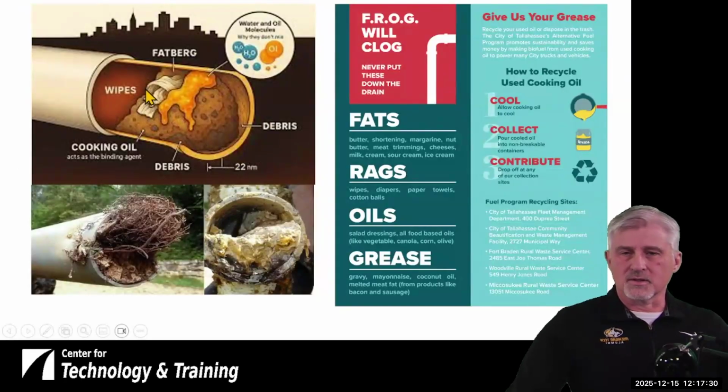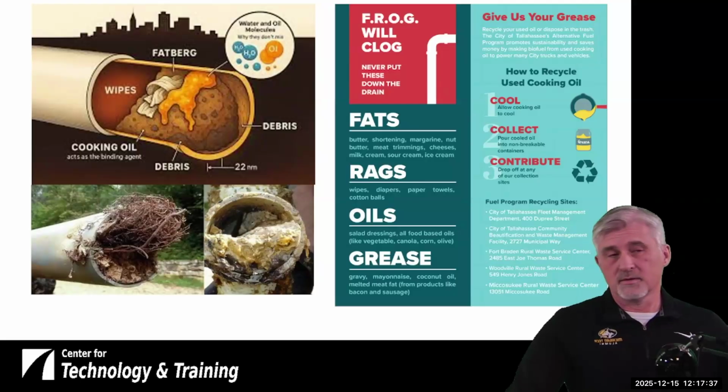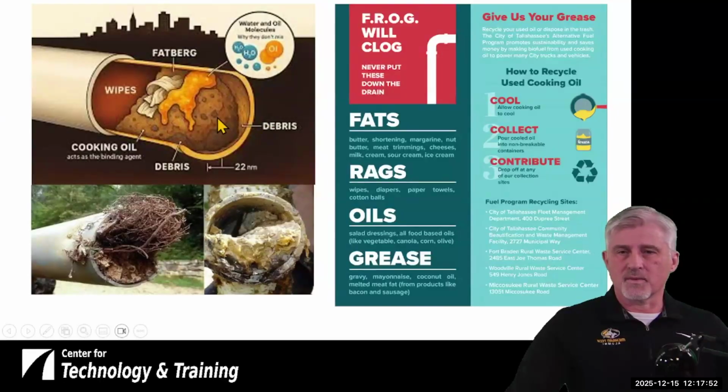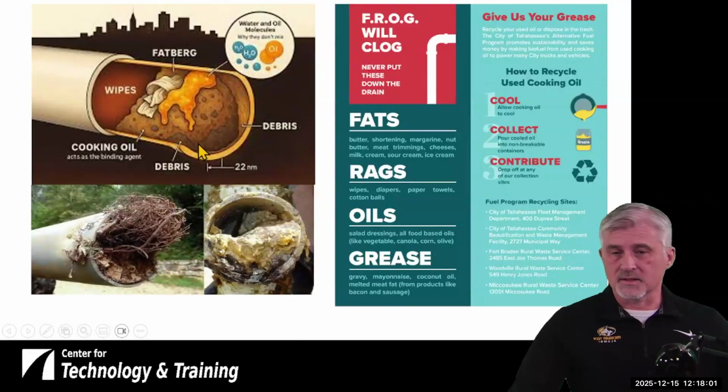I did a little searching, and I found that the largest recorded fatberg was nicknamed Fatty McFatberg, and it was found in London in 2017. It weighed 130 tons and was 820 feet long. And obviously, that didn't just happen overnight. That was something that had built up, and there was probably some flow that could get past the fatberg, but yeah, this is a big problem.